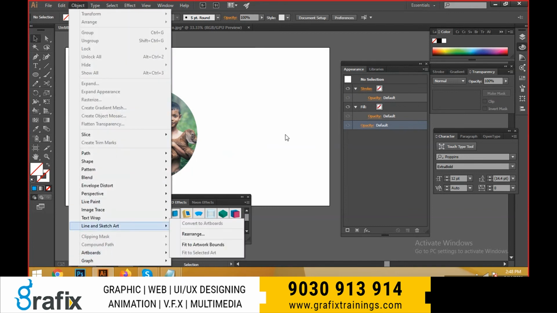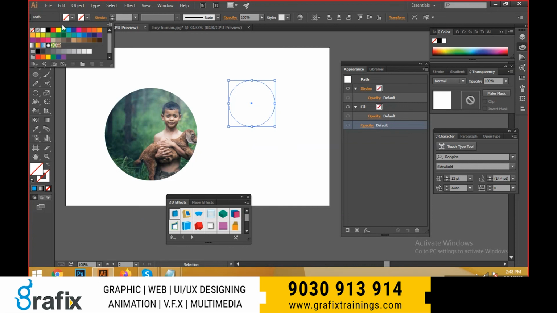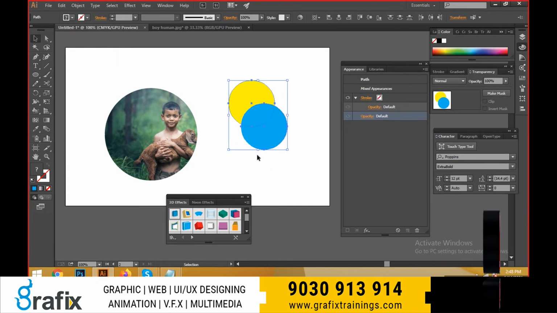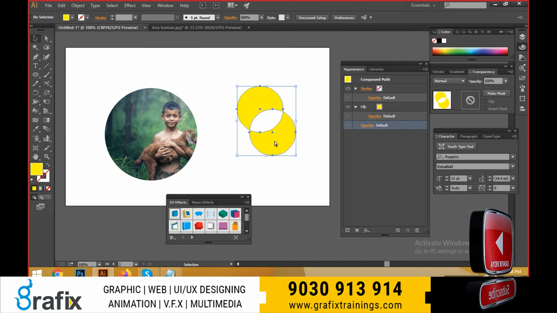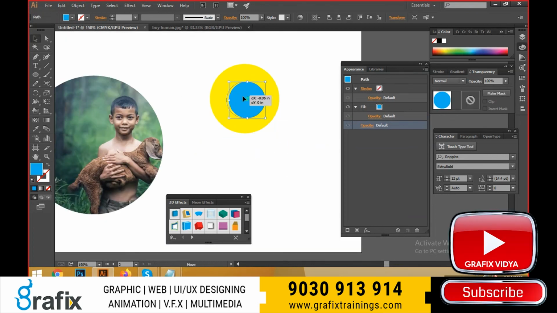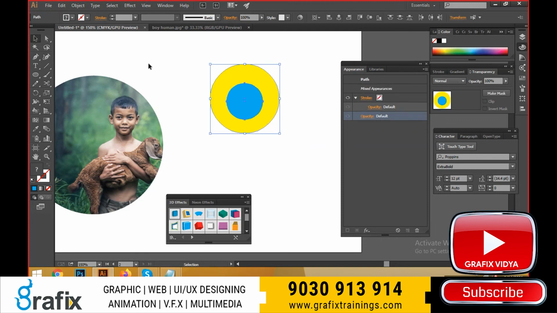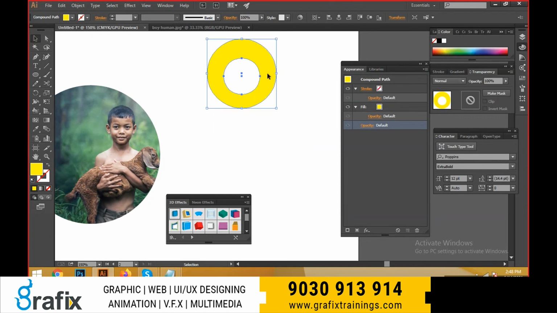And compound path. Generally we have two objects, guys, here. One color will be this one, and one color will be this one. And I would like to select these two things. Control 8 to create a clipping mask. Sorry, to create a compound path. Suppose I would like to make a hole in the circle. Inside I would like to cut the object inside of this layer. Select these two things. Control 8 to create a compound path. We just created a compound path here. But again, this object is not disturbed.